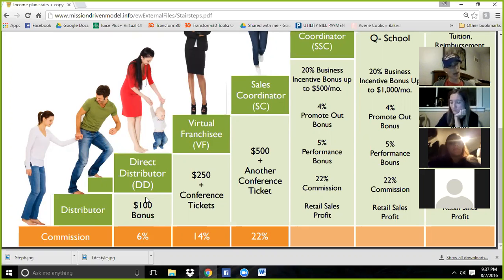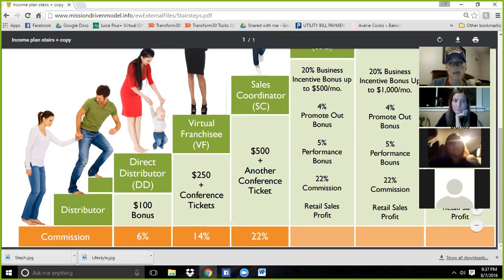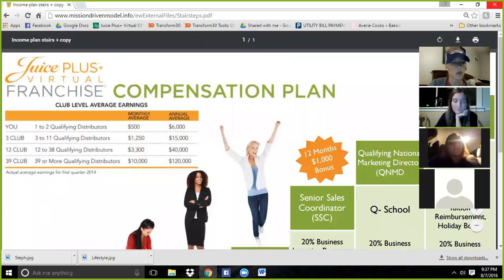And when you get to VF or sales coordinator, SSC, whatever, you get a free conference ticket for every promotion that you hit after DD. So that's $100 that you don't have to spend towards conference when you get a free ticket. So that is incentive in itself. So conference is amazing. It's fun. You really get to see the bigger picture of what Juice Plus can do for so many families and people, and that's really why we do what we do. So anyway,